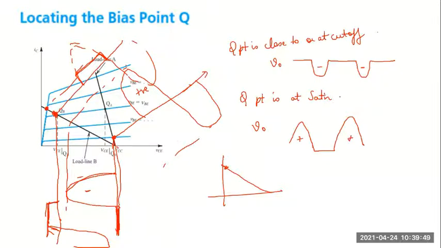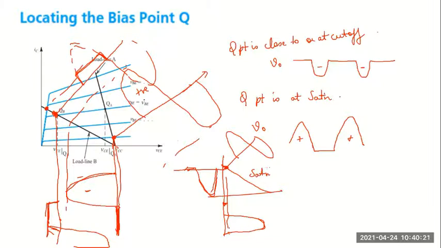This is saturation, and you can draw the waveform correspondingly here. This is the sine wave, and only this portion of the sine wave is retained, and this waveform is retained. The rest is cut off. This is how it works. And even in terms of current, it is cut off here, and this negative half cycle in the current will be retained. This is for saturation, and this is for Q point in cutoff.